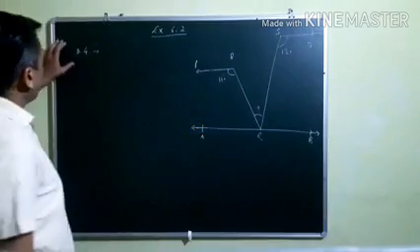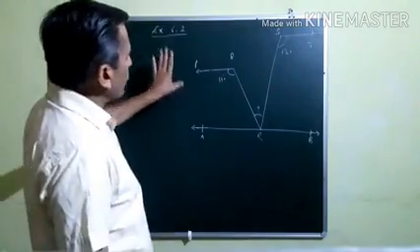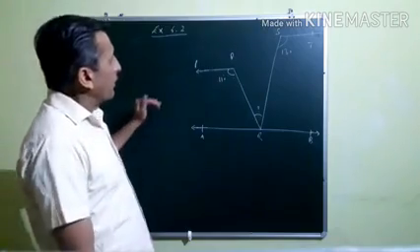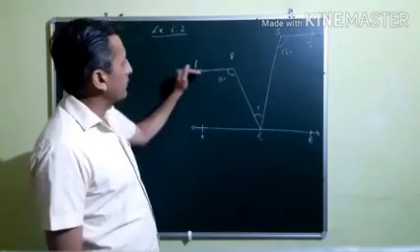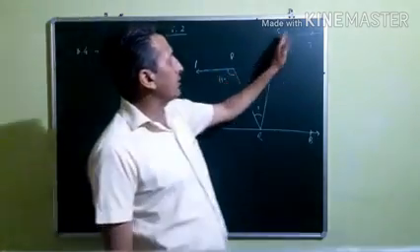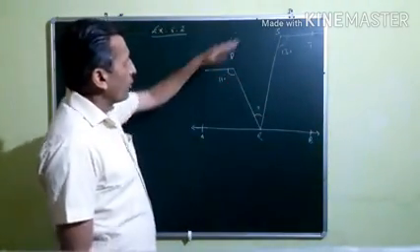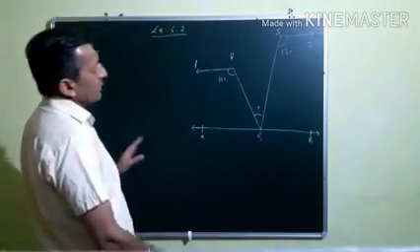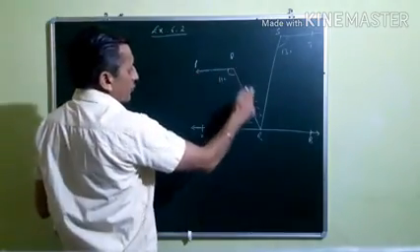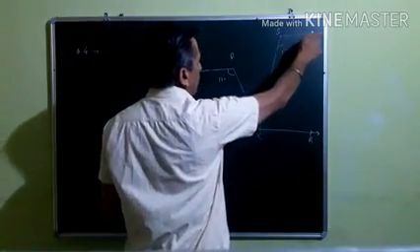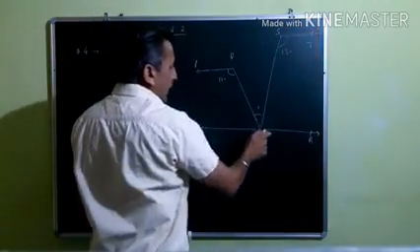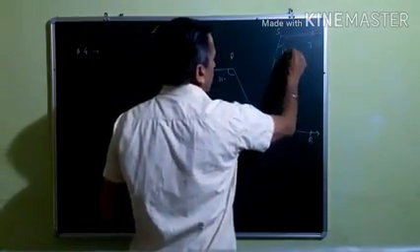See, now this is question number 4 from exercise 6.2. In this case, he said that there is a line AB, and this is another line PQ, and this is another line ST. Both the lines are parallel to this one, and he said that here the angle PQR is equal to 110 degrees, and this is another angle TSR that is equal to 130 degrees.